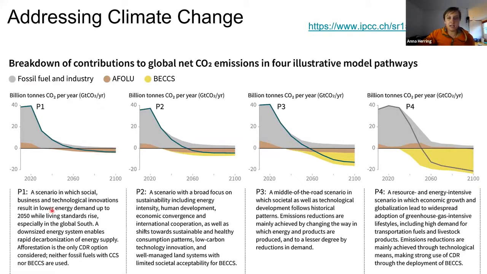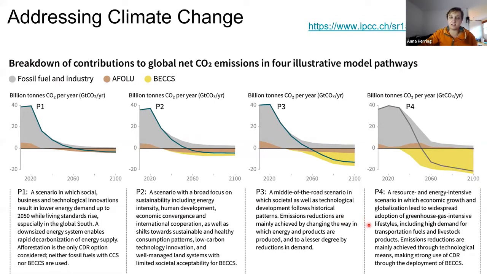The P1 scenario is a very optimistic scenario, and then it ranges upwards to P4, which is a scenario where we move much slower in confronting climate change. And basically, anything that happens above this 0 line is relating to emissions mitigation, and anything that happens below the 0 line is relating to negative emissions. So basically, this is telling us that if the shape of the emissions mitigation pathway looks like this, above the line, we're going to need to do this much negative emissions in order to accommodate the continued CO2 emissions if we still want to be able to limit warming to 1.5